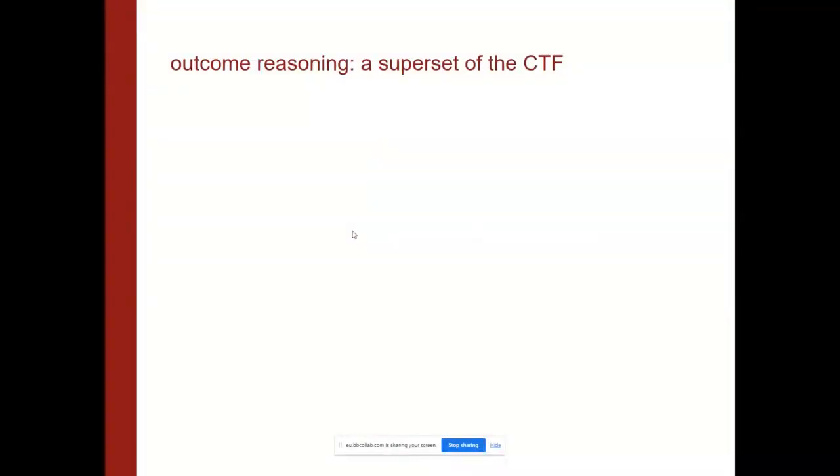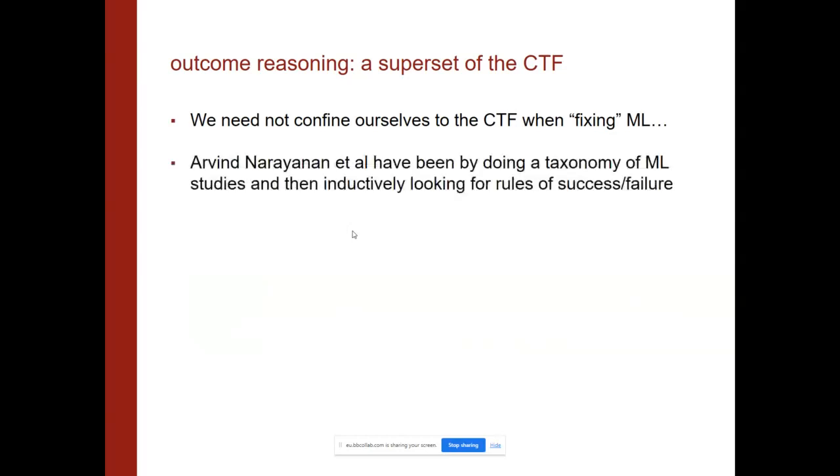But there's another way to think about this. Instead of trying to fix the way that algorithms are trained, we could take a broader view and say, well, let's just keep training algorithms the way we do. I mean, we could try and fix them, but for the ones that are being trained the way we train them inside this sort of pseudo common task framework, how can we deploy them in the wild? How can we decide if they're appropriate to deploy in the wild? And so Mike and I decided not to confine ourselves to how do we fix training in machine learning, but more think broadly about when they are appropriate to use.